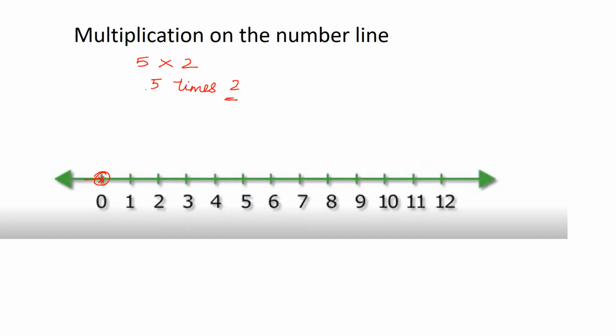From 0 we'll start 1, 2. 1 is over. Then second 2. Then third 2. Can you see? Fourth 2. And then we are going to fifth 2. We get 10. Mark it in your notebook children.